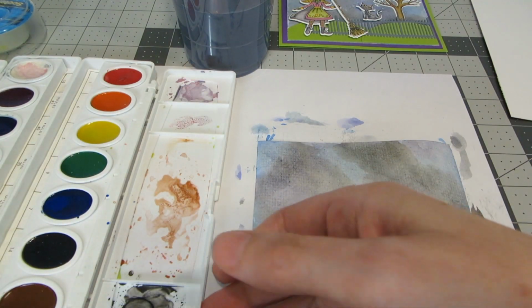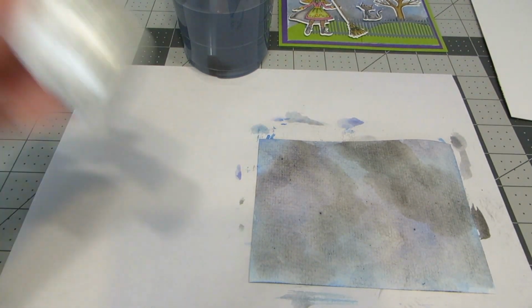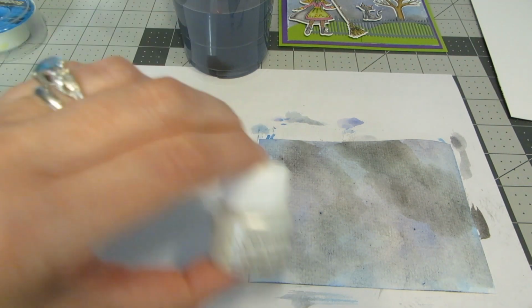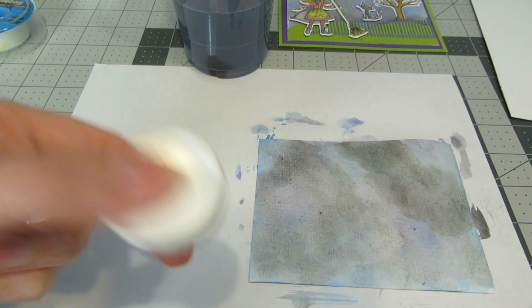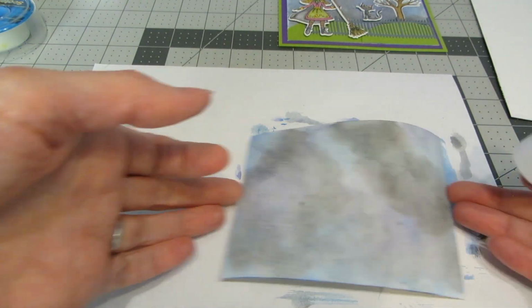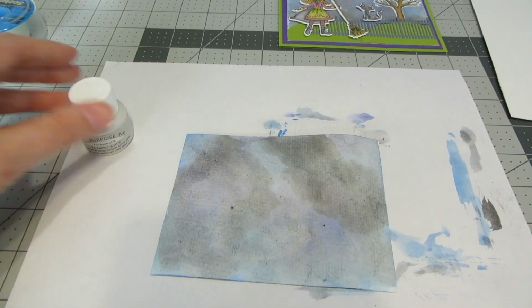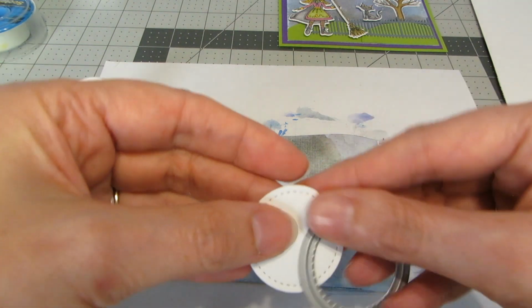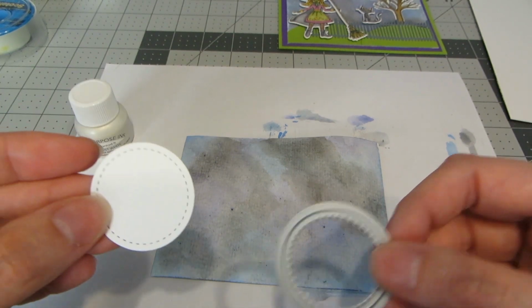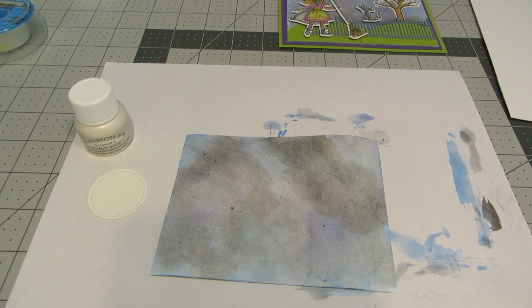So now that I am done with the paint, I want to bring over my frost white ink, and you want to make sure that you're shaking the bottle really well. There's a ball inside there, so just make sure that you've shaken it up really well. And you definitely want to have a scratch piece of paper for this. And so I have also die cut a small circle. So from the smallest stitched shape circle dies, I have gone ahead and die cut a circle from white cardstock,